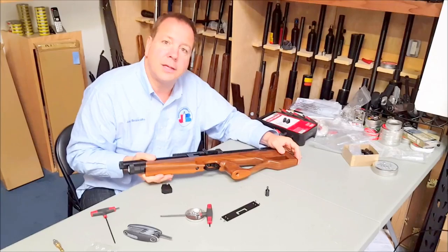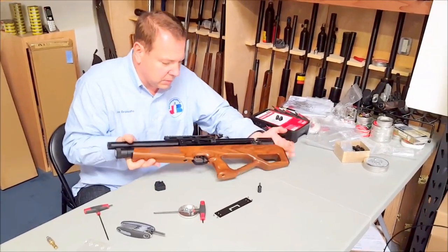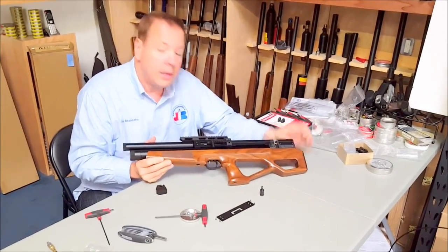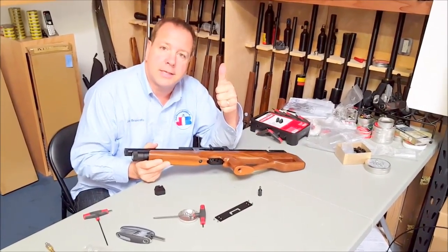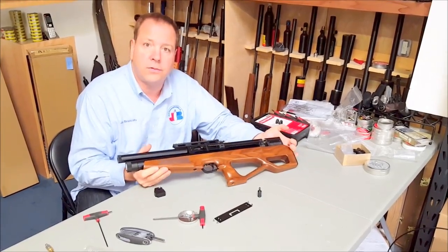And I've got to say, I do like the bolt action removed and the lever. It looks cool, but it doesn't look like it was retrofitted. It looks like it's part of the design. So, thumbs up from Joe Brancato, the air gun scientist, on the new upgrade kits. And by the way, all of our Vulcans will have these